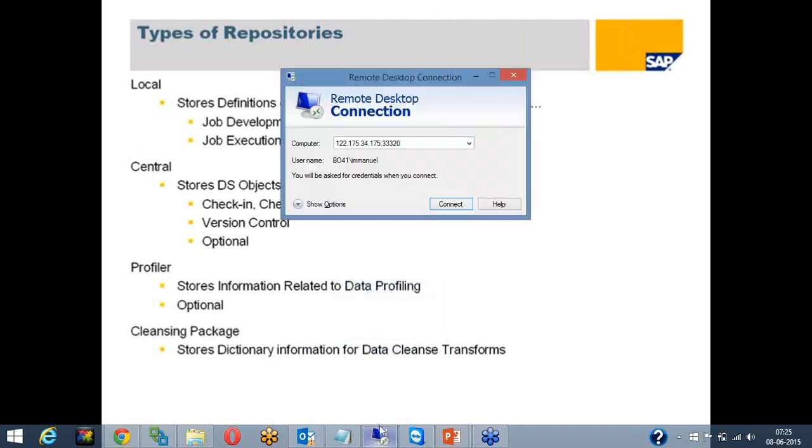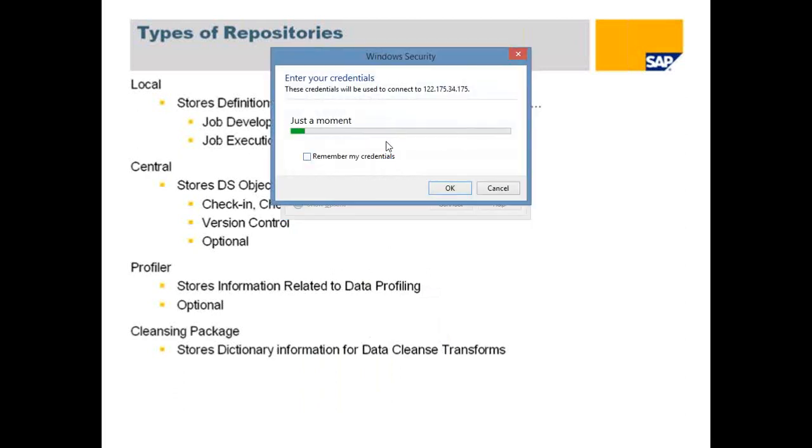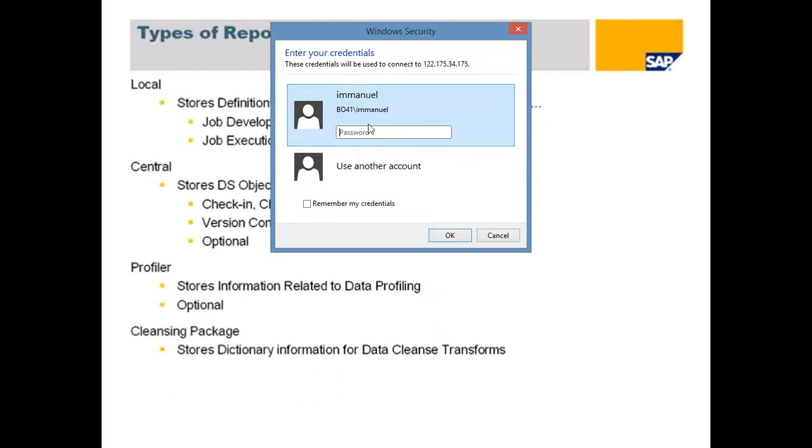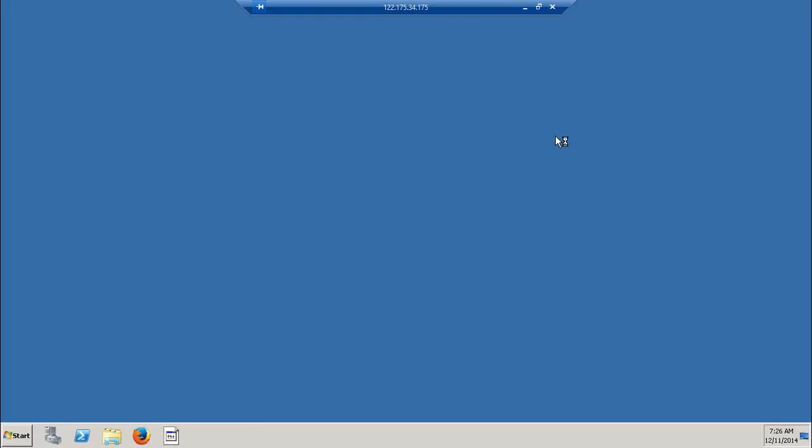So let's log on to the server. If you have registered or enrolled with us, they would be giving you a remote desktop address to which you can connect. Once I put that in here and click on connect, you will have to authenticate to that connection. My username is Emmanuel and I have a password. Likewise, they'll be giving you one as well. Once I connect to this particular server,